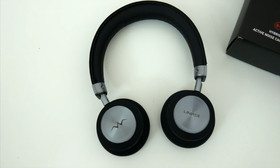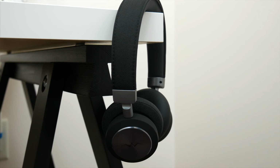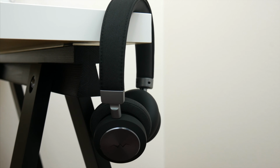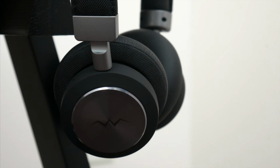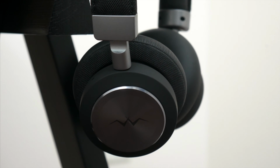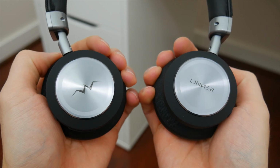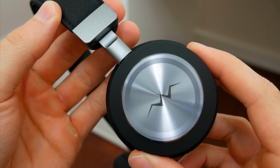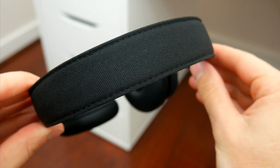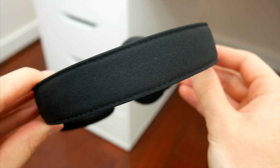Okay, so with all that stuff out of the way, let's talk about the headphones. First off, I'm personally a big fan of the design. I really like the black and silver combination. I think it looks clean and simple. There's nothing too flashy or obnoxious, just a very subtle and subdued look. And like I said earlier, what looks like metal on these guys is actually metal. It's an all aluminum build, which looks great and feels great and really makes it seem like you've got yourself a high quality product. The headband has an interesting fabric texture that's soft and very comfortable on top and underneath,